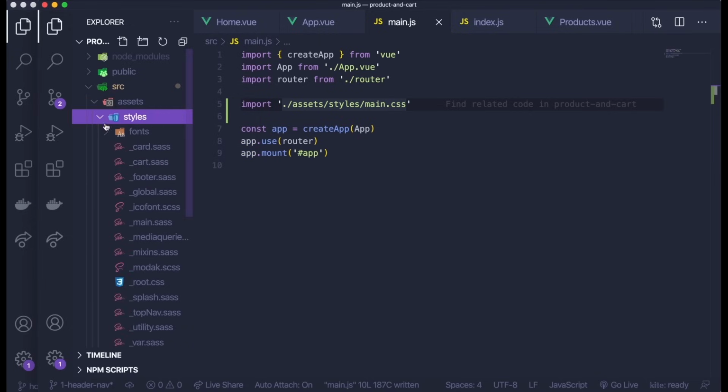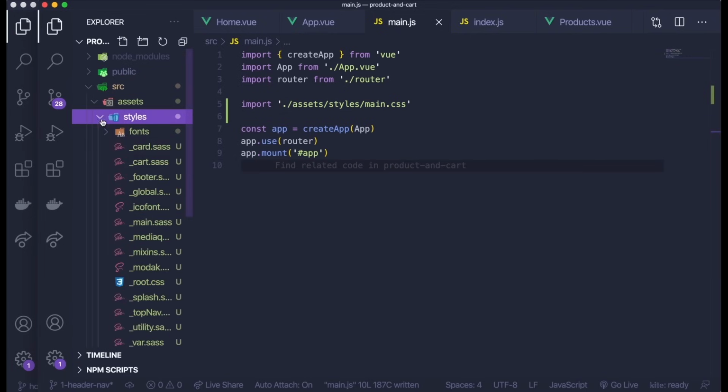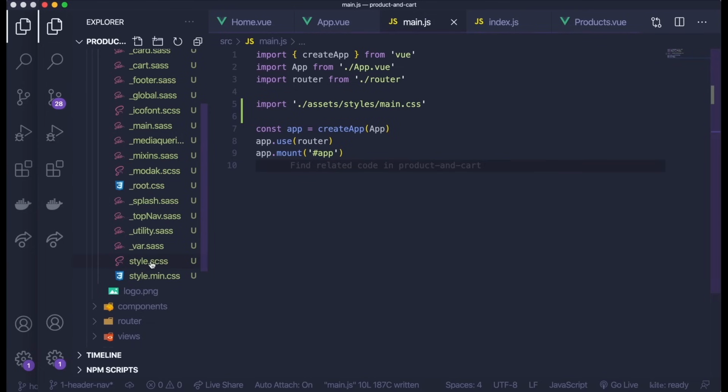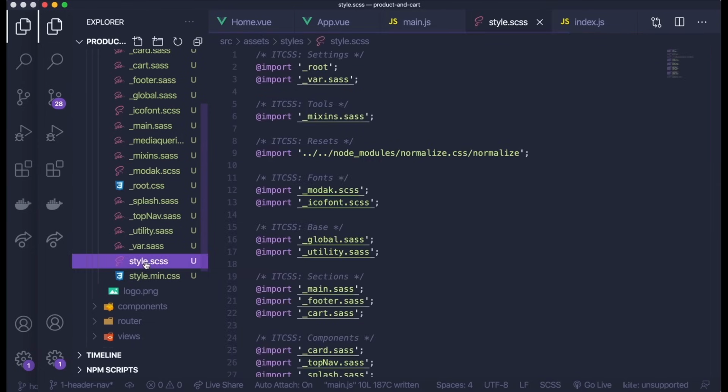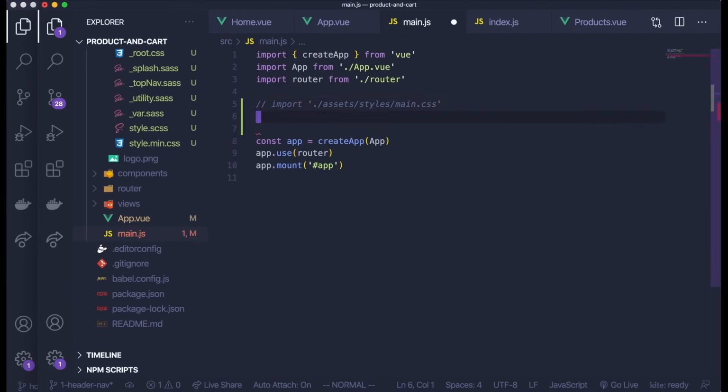So I pasted in this styles folder from my other project, and now if I look in this folder, there is one file called style.scss, which is a SASS file, and this imports all of the rest of the files here, all of my other SASS files. Now it is this file that I really want to import into my project to get all of my styles. I'm going to comment this out, and now I'll import that SASS file directly from